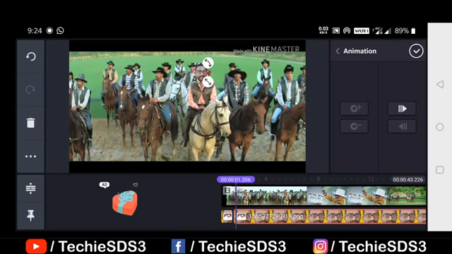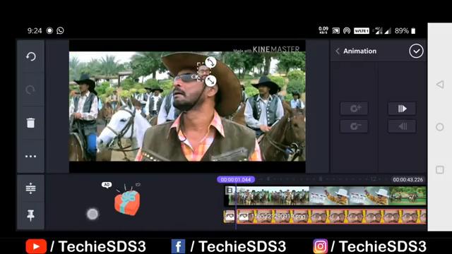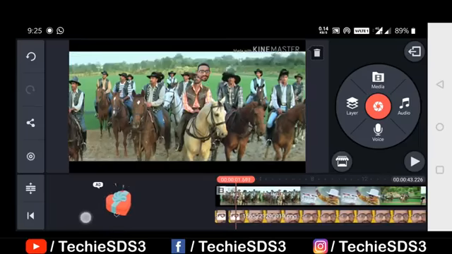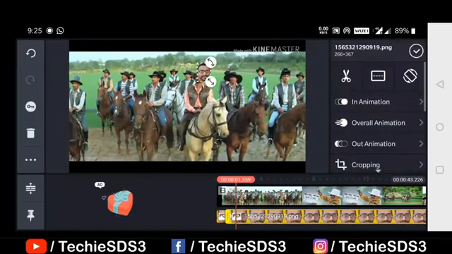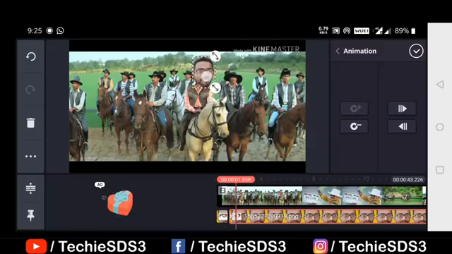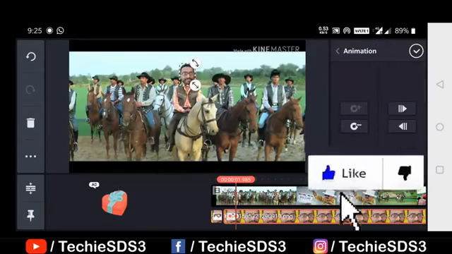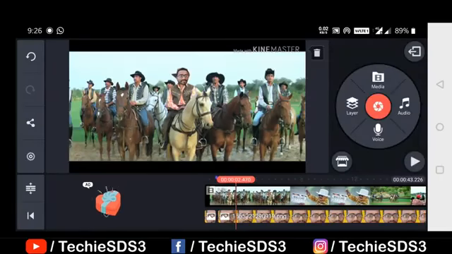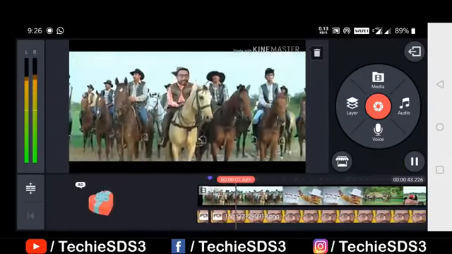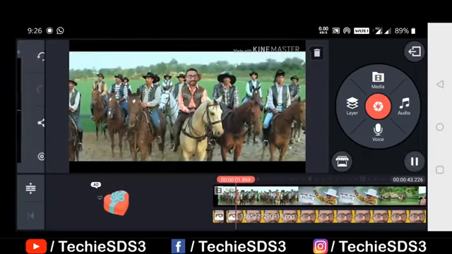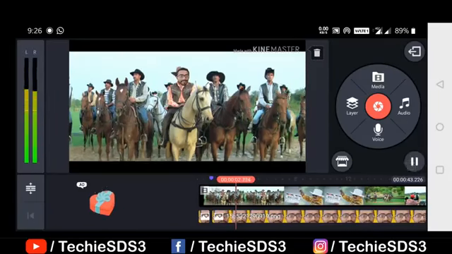For every second you have to place the face as per the movement of the background. Only the animation will be taken care by the application. So you have to work carefully here. The more precise you work, the more perfect shot you get in the final video. So that's why. However, I am doing just to show you guys, so it won't be much perfect, but still I'll work and show you the final video. Then here the scene ends. Then this is the second scene. So here also edit like this as you can see. The camera is moving downwards, so you have to move your second image upward to match with the face. So that work you have to do here.